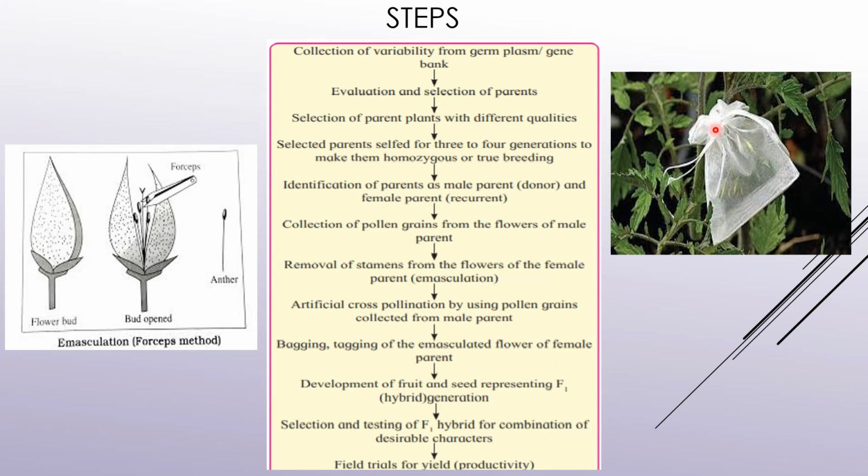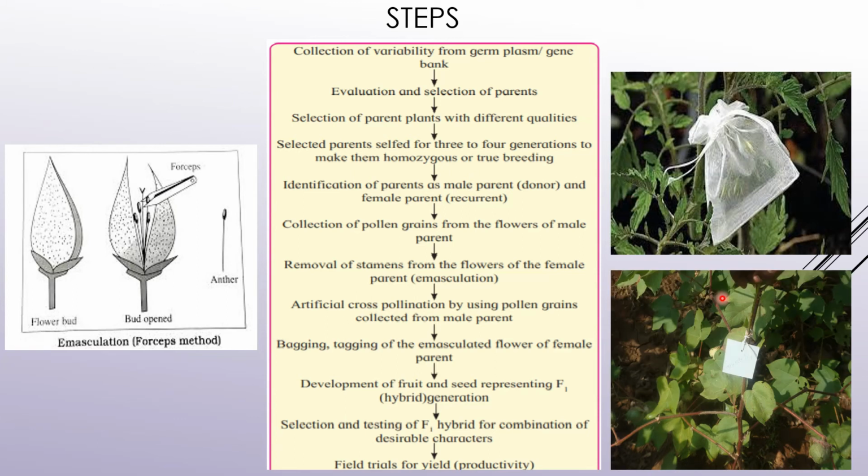Once the bagging takes place, of course the exchange of air is taking place, but the undesirable pollen grain will not be sitting on the stigma, and so cross pollination with undesirable pollen grain can be prevented. Once the bagging is done, the next step is tagging. You need to tag this with a paper, write down when the tagging was done and all the necessary detailed information. Once emasculation, bagging and tagging is done, there is the development of fruit and seed,